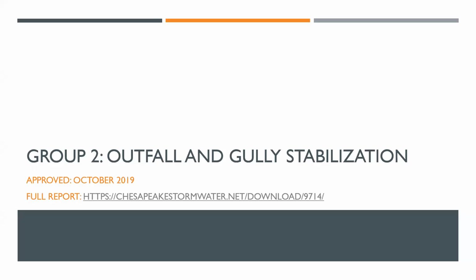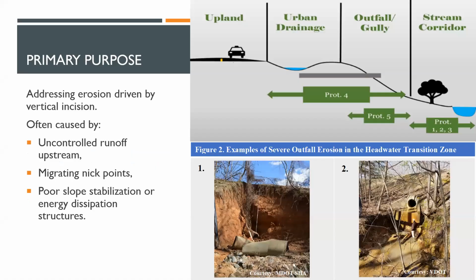The second group, for outfall and gully stabilization, this report was approved in October of 2019. Again, the link is there. The primary purpose here was to address a specific type of site condition at these outfalls, where you have severe vertical incision that's usually caused by uncontrolled upstream runoff. So again, that gets to the point of making sure you're using comprehensive restoration approaches. You're also looking at those upland sources, so you can address the source of the problem